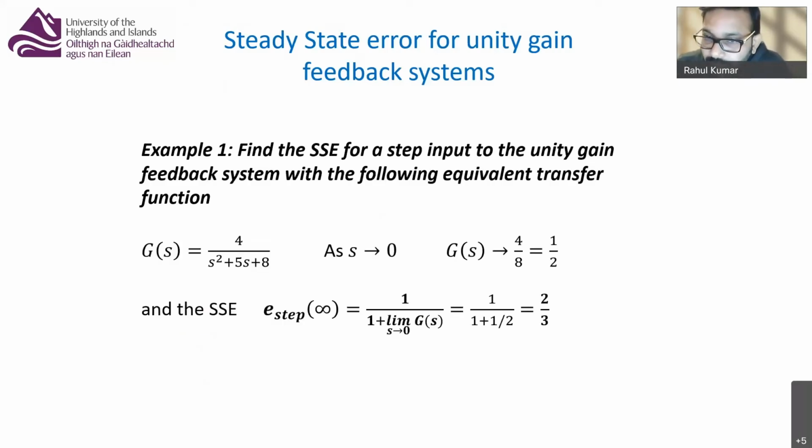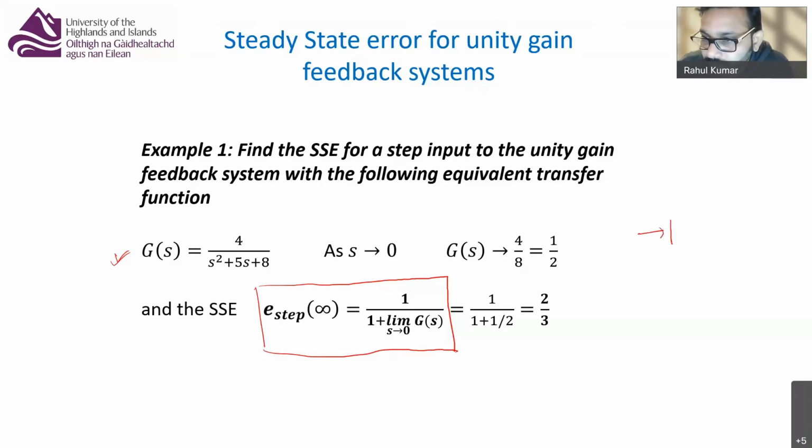Now, to demonstrate a concept here, I will take two examples. Okay. It's quite simple. We are simply using the formula which we have seen. I'm using the formula for steady state error for step input. I have already developed the formula, and I'm going to use it. Now I have to calculate the steady state error for step input to a unit gain feedback system with the following transfer function, G of s, right?